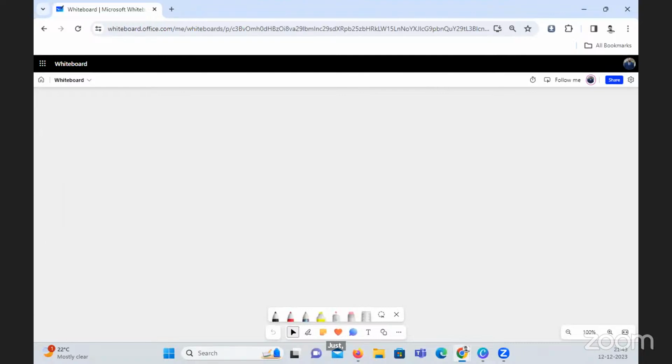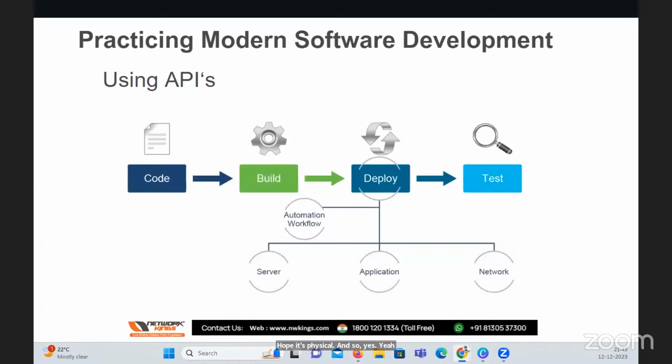So yes, yeah, it's not coming through there. Hope this is visible. So yes, as I was saying,